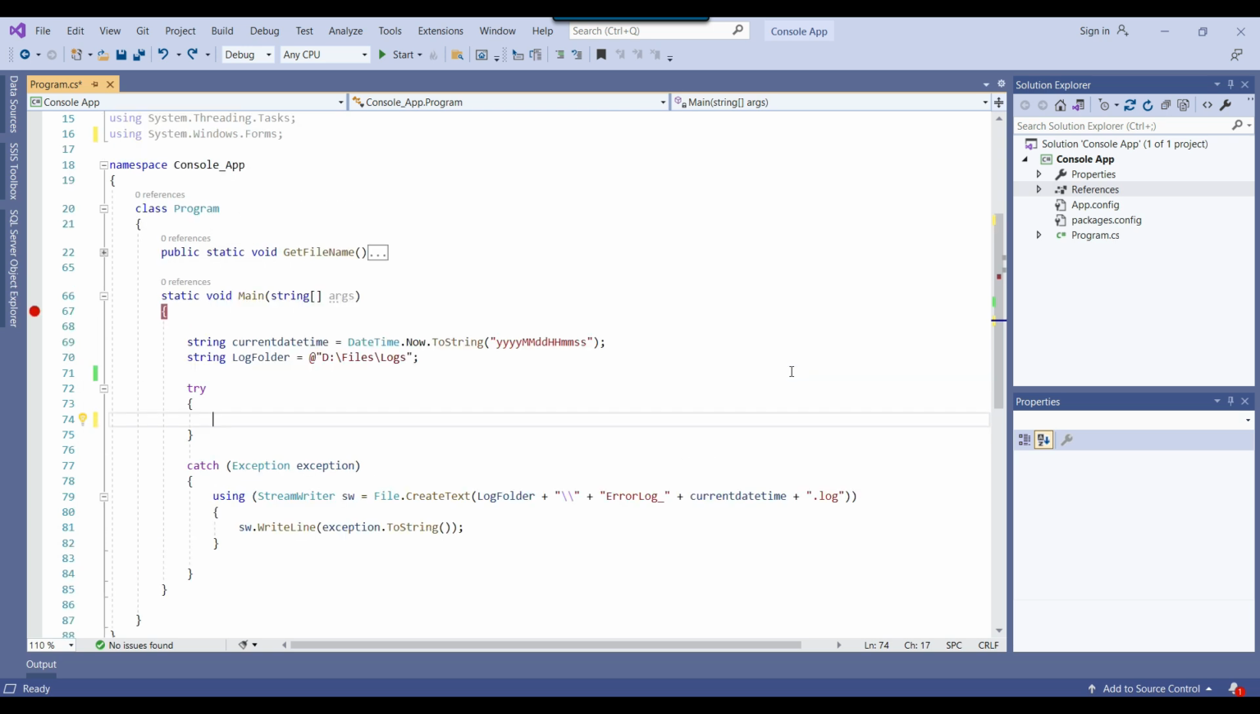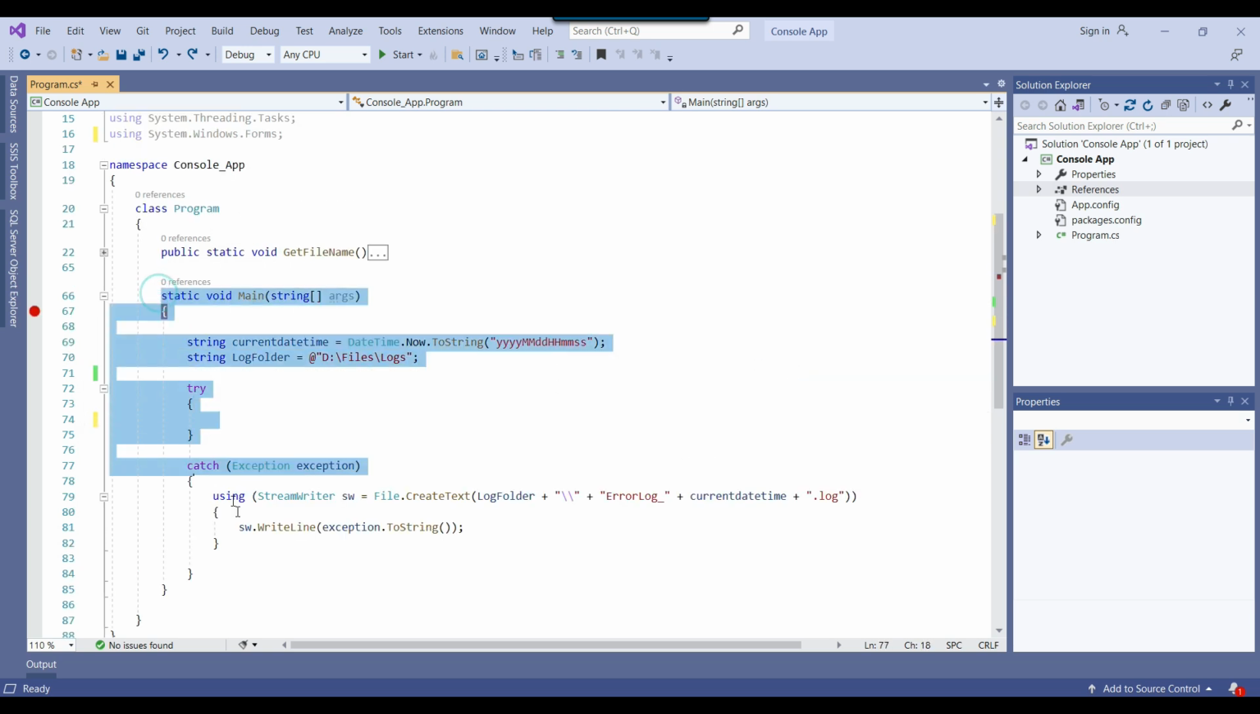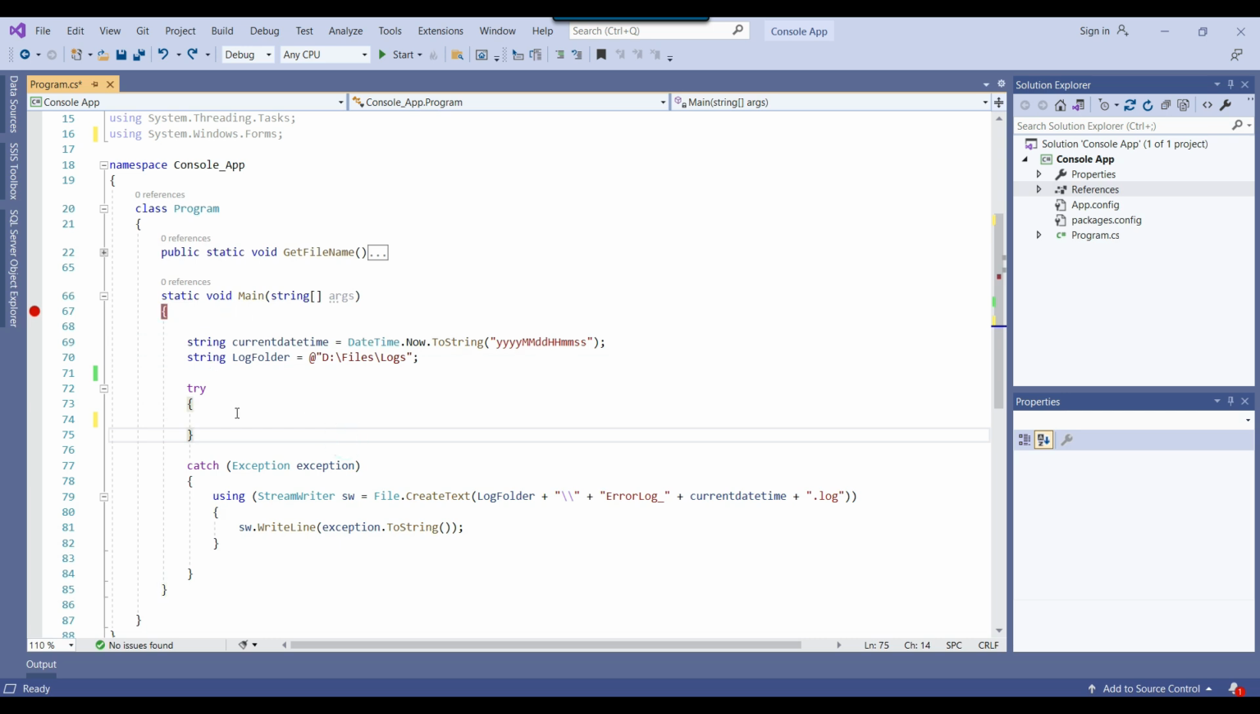Right now if I show you what I'm doing here, this is the main method. Inside the main method I have used two variables, current date time and the log folder. I have created these two variables to help me create the error log file. In case there is any issue with my code, suppose the file is in use, or I got some permission issue or my code is not working, it will create an error log underscore current date time dot log file at this particular location on